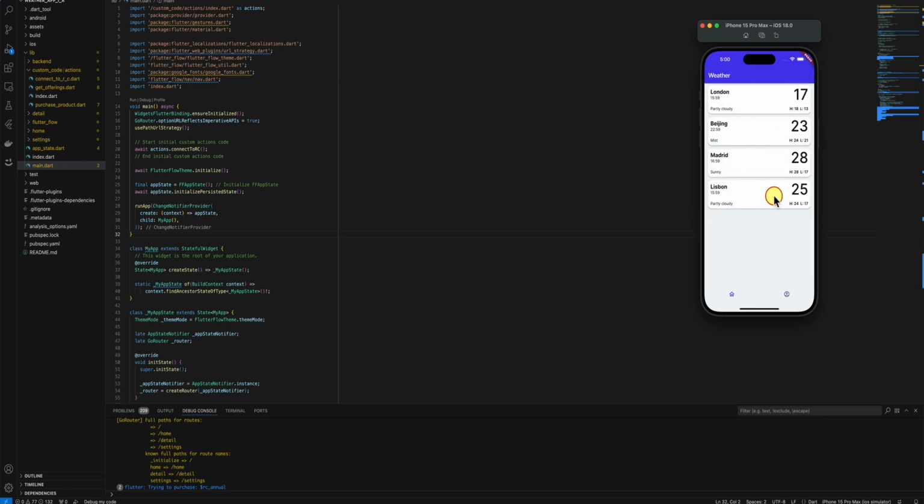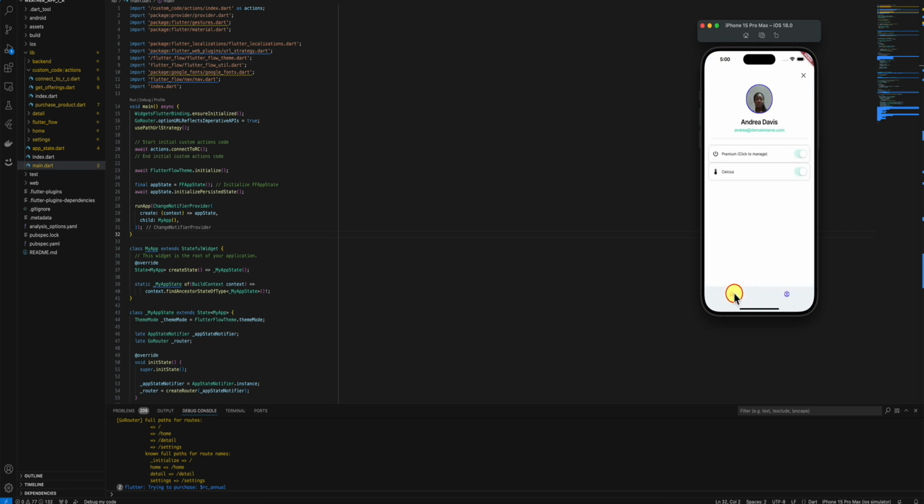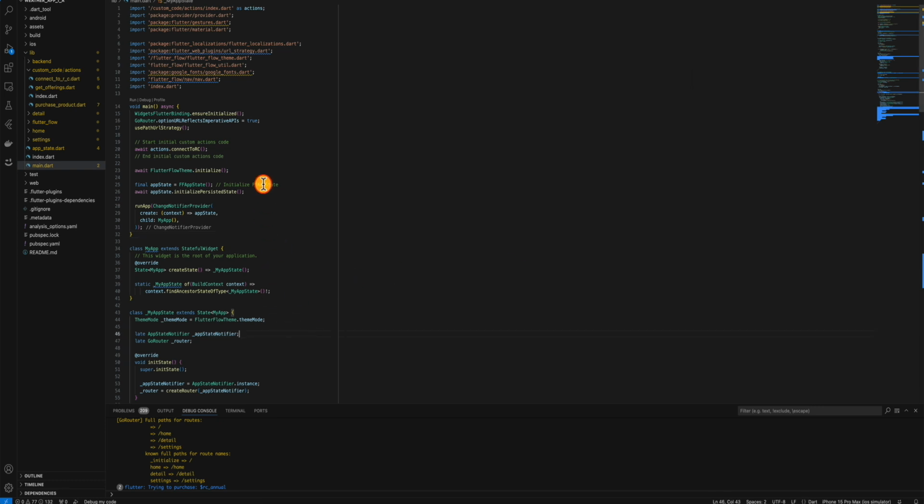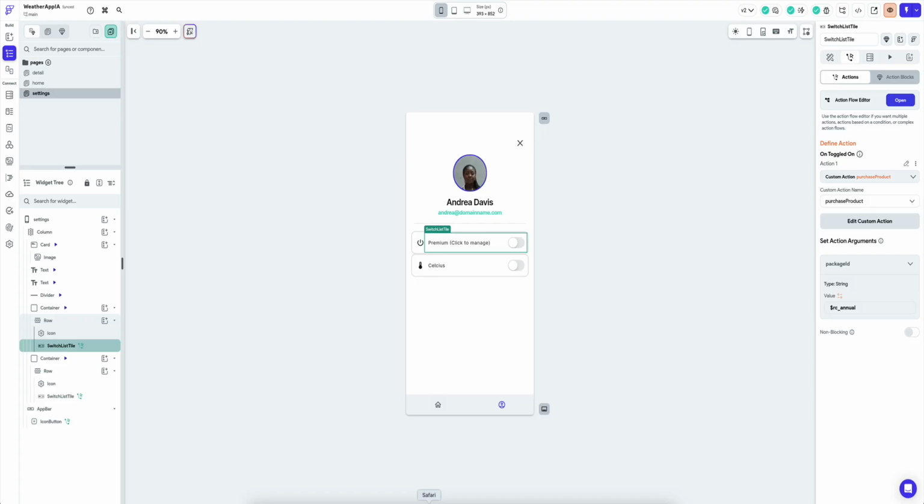And by the way, when this app loads, it checks whether I have access to this, right? It makes sure that I do have access to this, and that is why it's showing it. And so that is how you do in-app purchase. Obviously, there's many things that we can do. We can still modify a lot of things, but the key here is in the custom actions